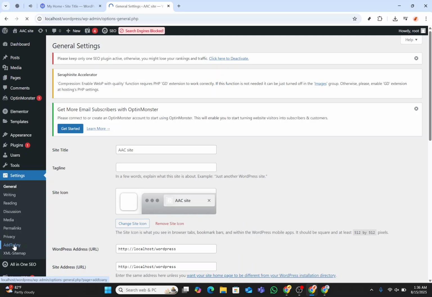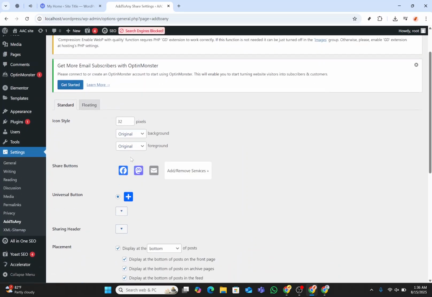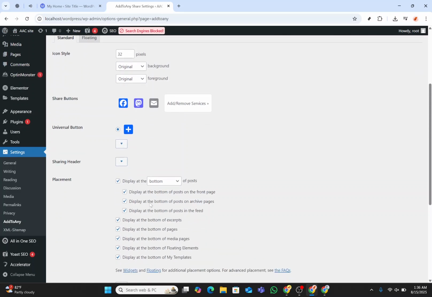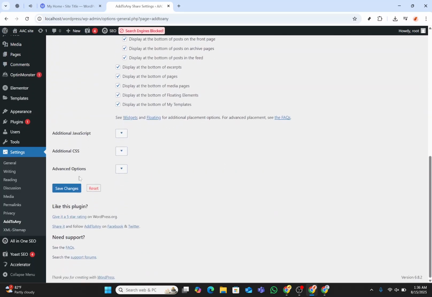Here you'll find a variety of options to customize which social media icons appear and how they're displayed on your site. If you wish to add more icons or customize further, look for the plus icon and make the necessary adjustments. Once you have everything set up to your liking, be sure to save your changes by clicking the Save